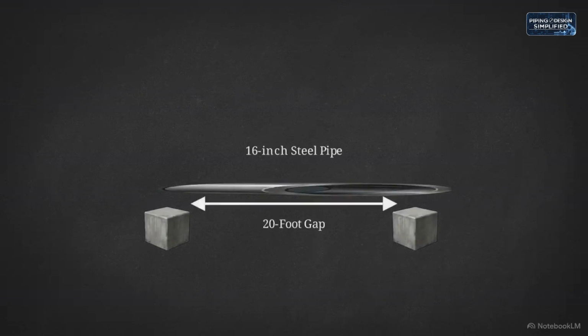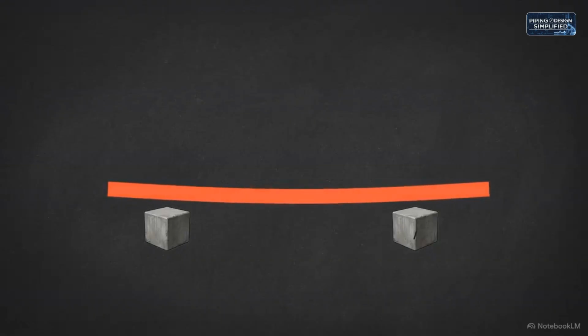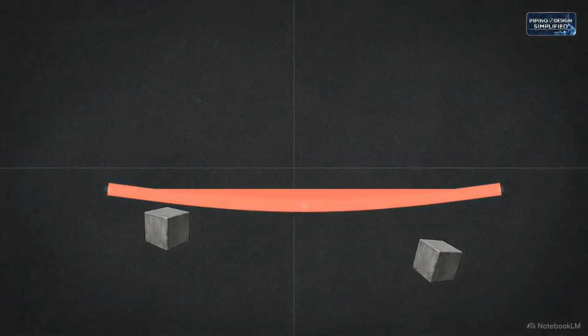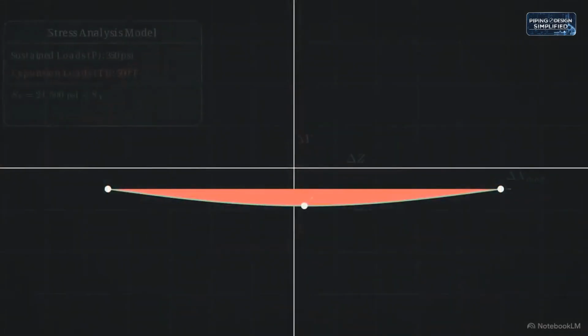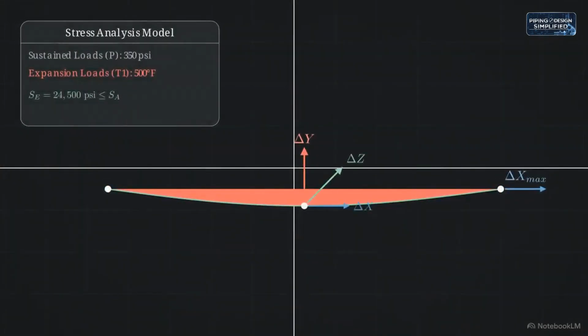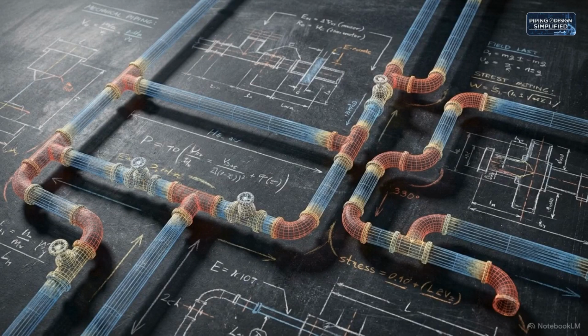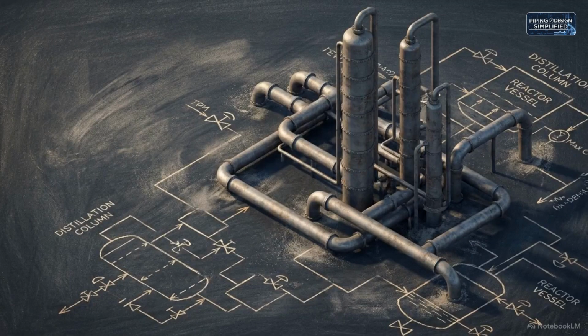When an industrial plant starts up, a rigid 16-inch steel pipe spanning a 20-foot gap becomes a dynamic object. Engineers must accurately predict exactly how and where the piping will move once the internal temperature and pressure spike. Pipe stress analysis provides the mathematical framework to calculate these invisible forces, ensuring a multi-million-dollar facility doesn't tear itself apart